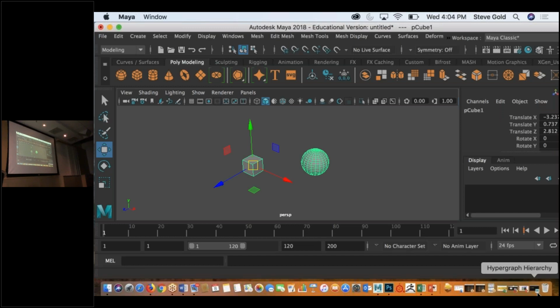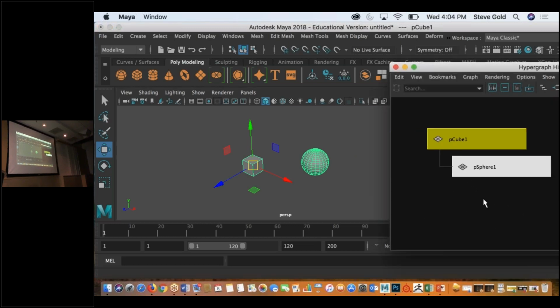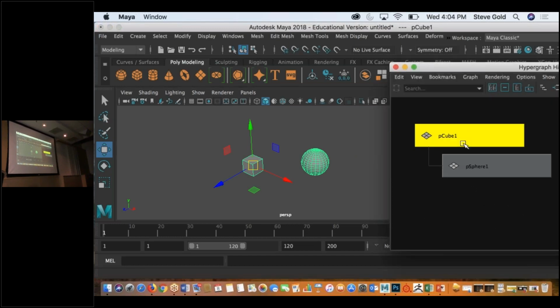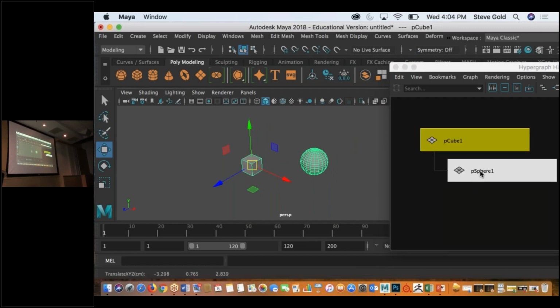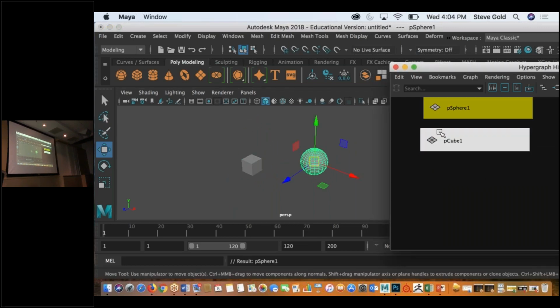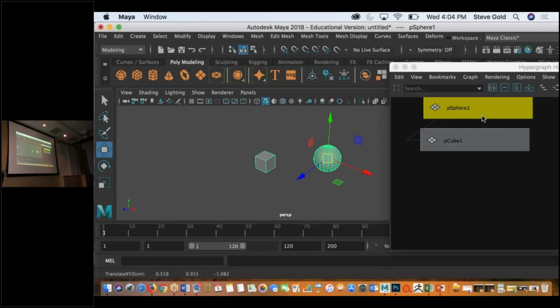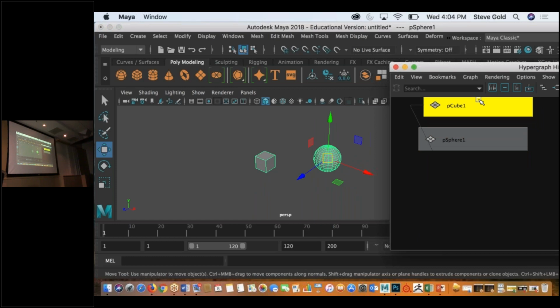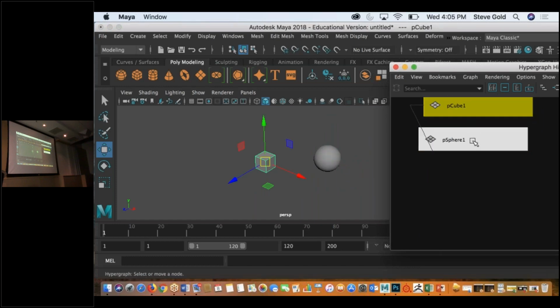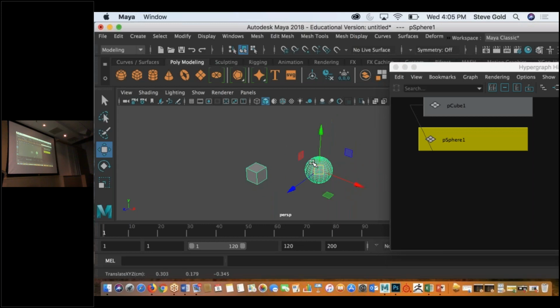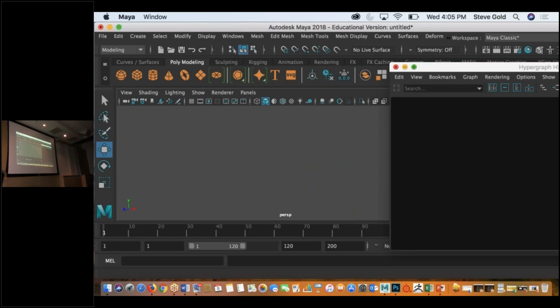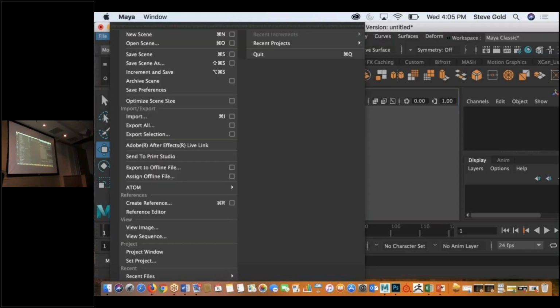All right. And again, if you take a look at that hierarchy, you can see it. The cube is in charge of the sphere. I can disconnect that, move it, connect it the other way around. Now the sphere is in charge of the cube. And again, where they are in space doesn't really make any difference. It's all about how they're connected to each other. Make sense? Okay. So with our door,